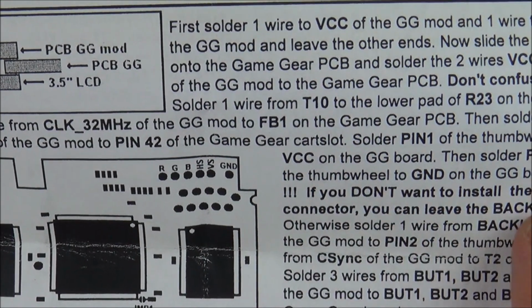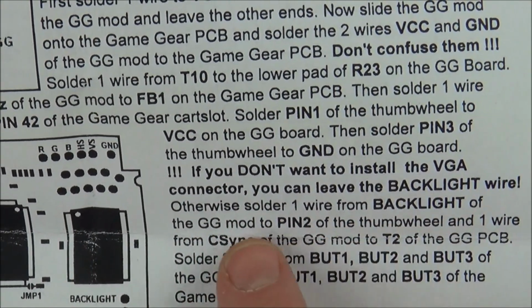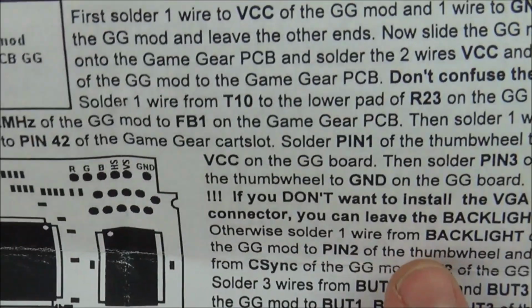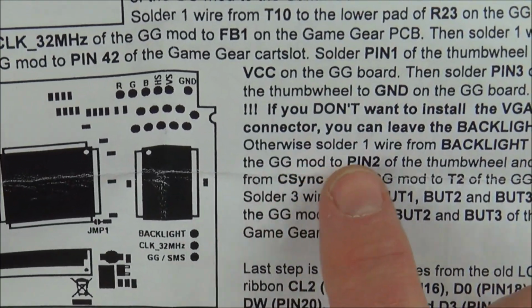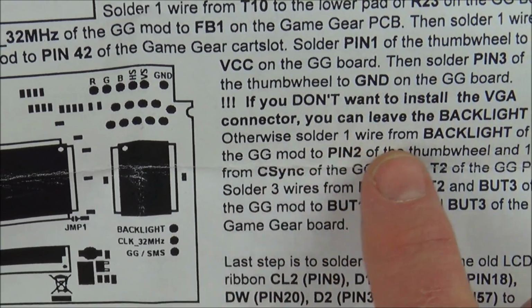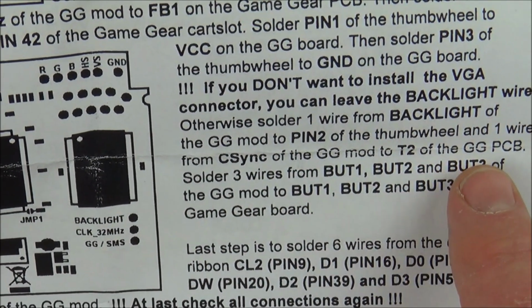Now, if you don't want to install the VGA connector, you can leave the backlight wire. Okay, we'll forget about that at the moment. Otherwise, solder one of the backlight wire to pin 2. Right, we won't worry about that at the moment. That's the backlight one there, but I definitely will do that. I promise I will do a video on that, because I want VGA on it, it's just I don't want this video to go on for 2.5 hours. Right, now, hold on. Otherwise solder one of the backlight to pin 2 of the thumb wheel, and one wire from C-Sync of the Game Gear mod to T2 of the Game...